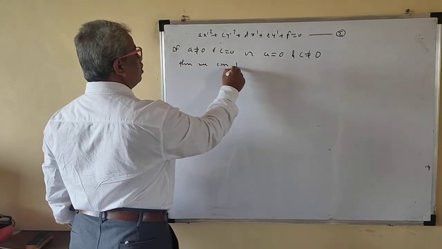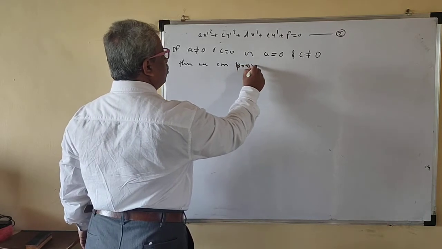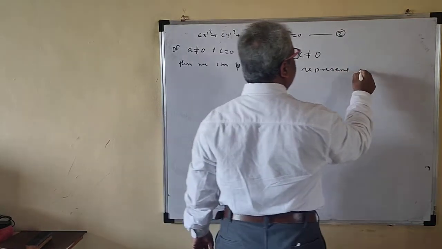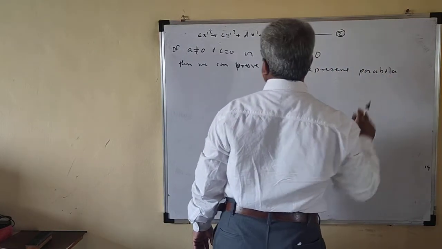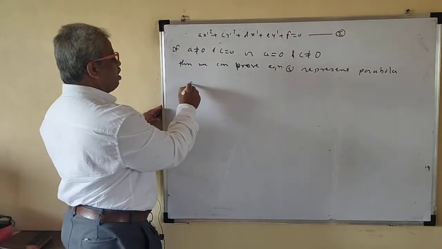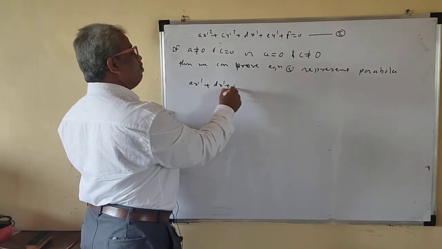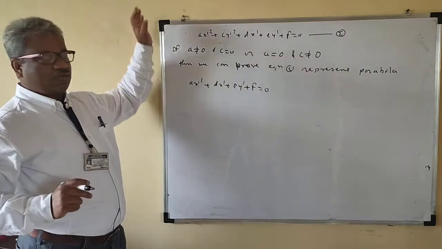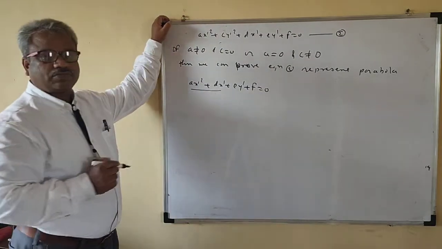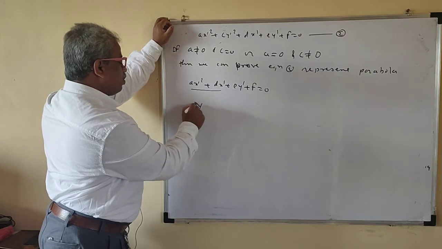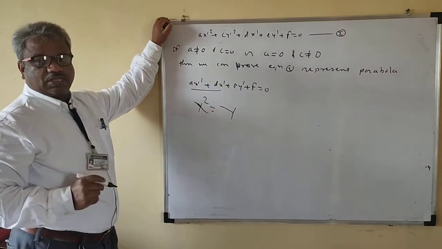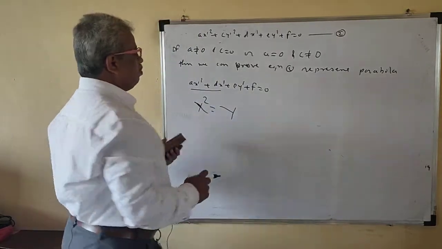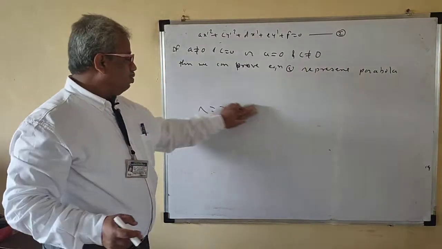we can prove equation 2 represents a parabola. Because see, if you have x prime square plus dx prime plus c plus ey prime plus m is equal to 0, this remains. Suppose c is equal to 0, then you can collect this. So this is of the form x square is equal to some terms in terms of y. So this is the parabola. Easily we can prove this by perfect square method, and you have to shift the origin also.